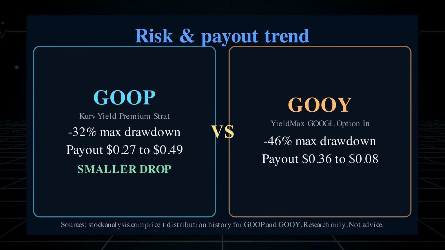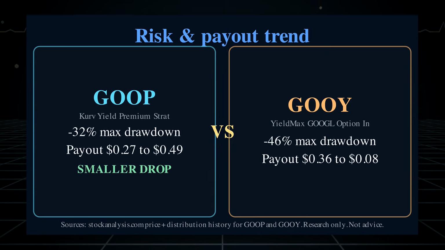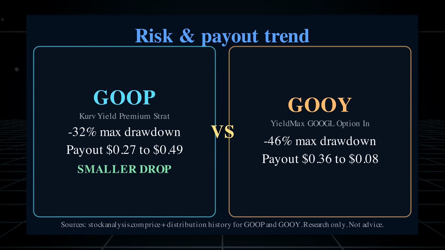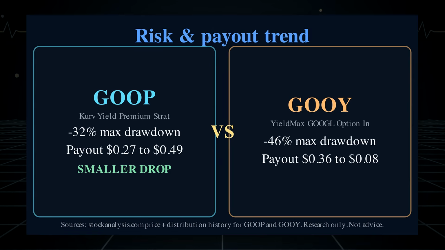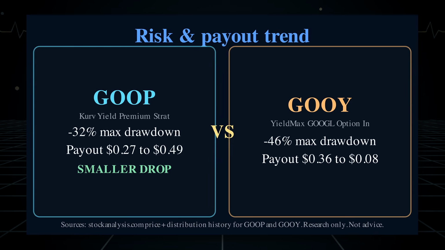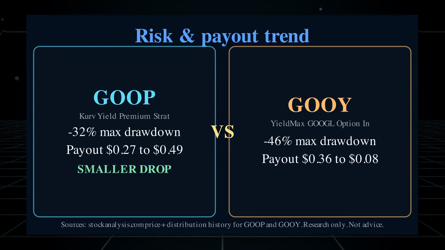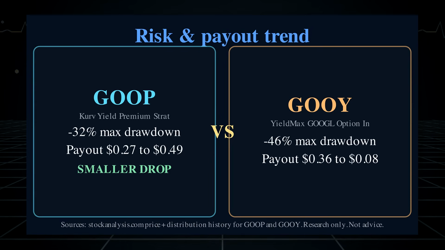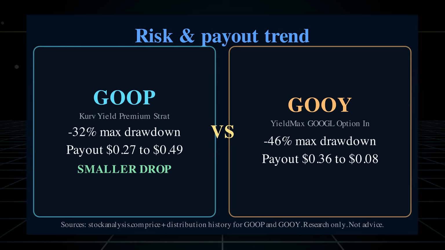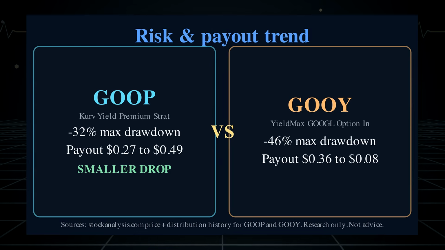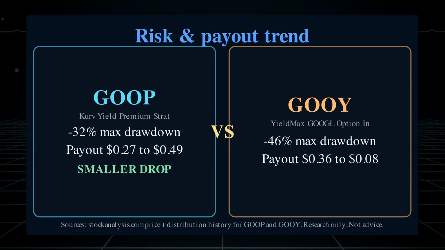The other shows a weakening check after substantial damage to the capital platform. Strategy risk remains even for the healthier fund. GOOP can lag a powerful Google rally because its written calls limit some upside. A sudden fall can outrun the premium collected. Option pricing can become less favorable, and active management can make decisions that do not work. Flex options offer customization, not immunity.